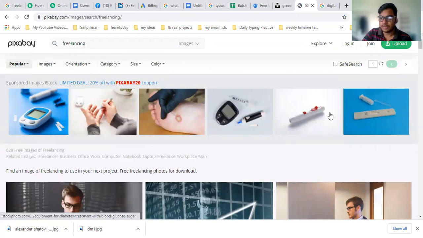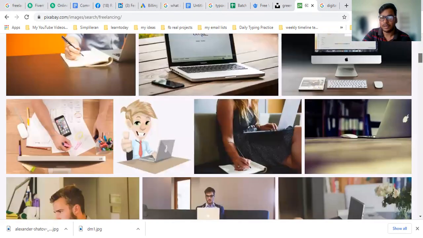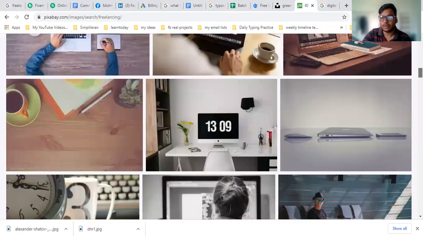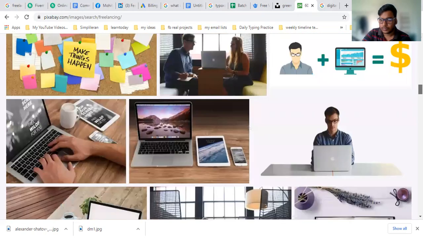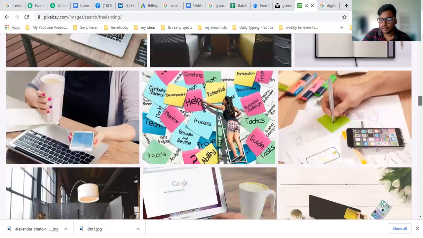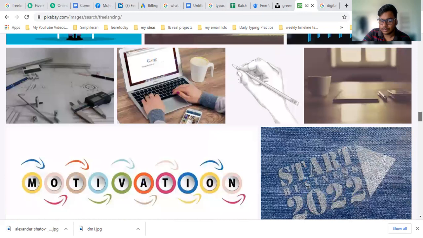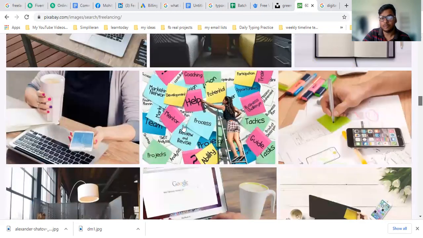So I typed freelancing, and there are many types of images available here. You can download any one of them. I think this image is pretty cool. I want to download this.